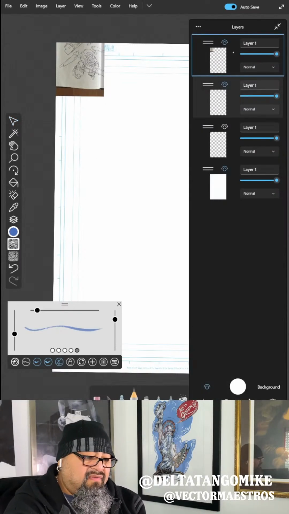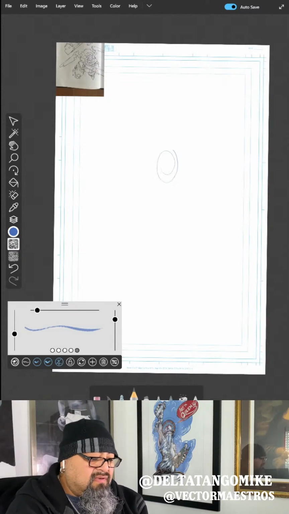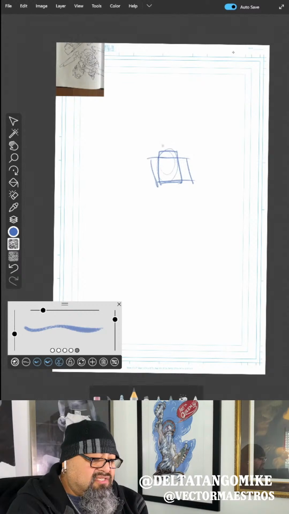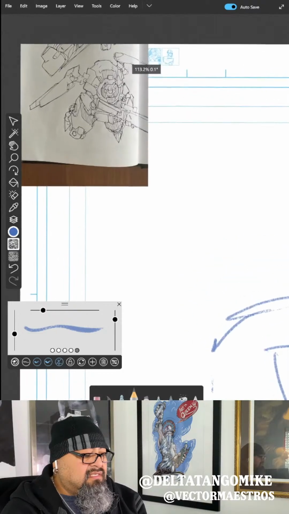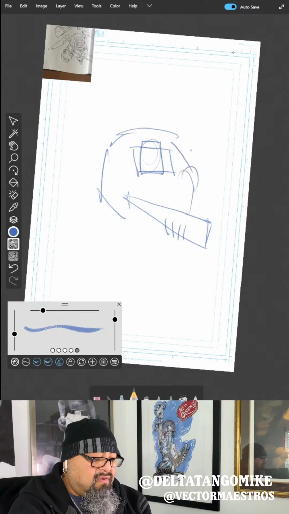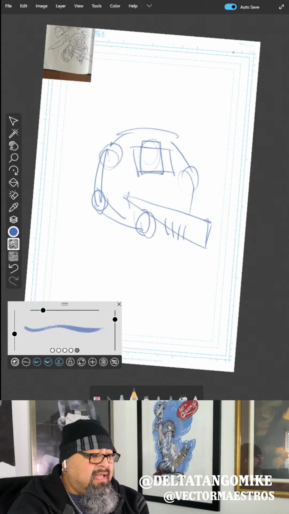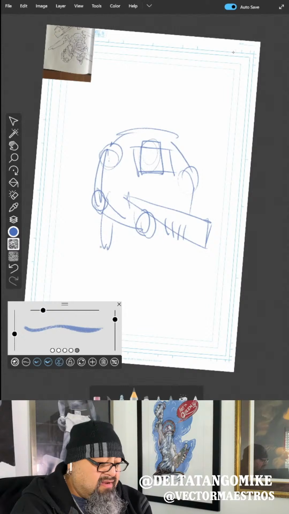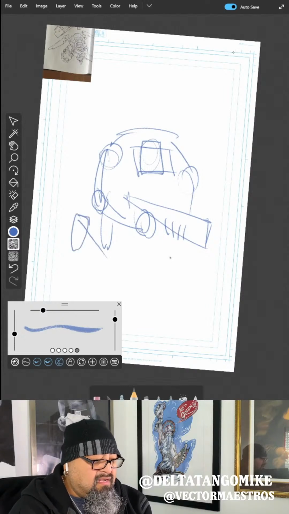So I have my reference. I have my layer. And now what I want to do is start sketching. This is some rough sketching stuff, so don't get too crazy trying to be perfect. That does have the arm, and then it has a gun here, and he has his hands there. There's the shoulder. There goes the elbow. There goes the hand. Bam! You see that? And then he has his legs back here, and then the feet. Got it. And then this side also.